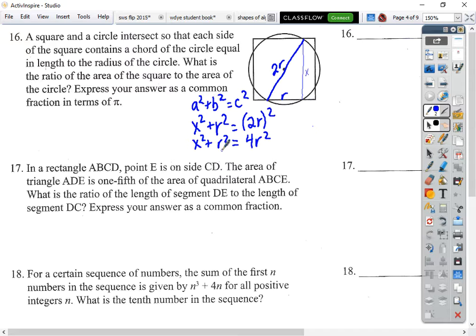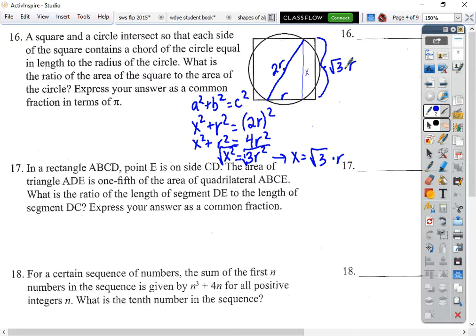And when I subtract this r squared from here, I am left with 3r squared on one side and our x squared here. So when I take the square root, all I'm left with is that x is equal to the square root of 3 times r. And that actually tells me the length of this side of the square. We have the square root of 3 times r. Well, that's great because we have a perfect square, so we can just multiply that by itself to